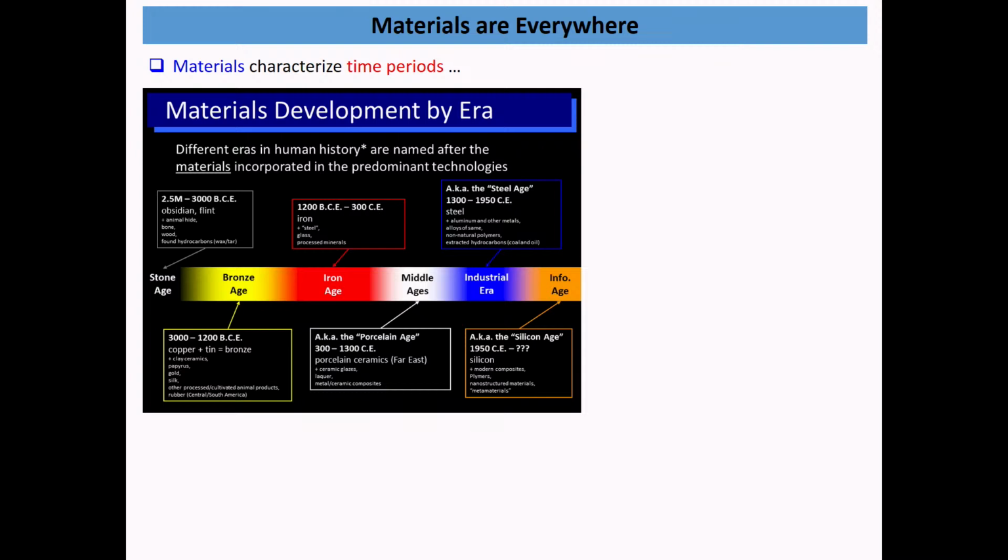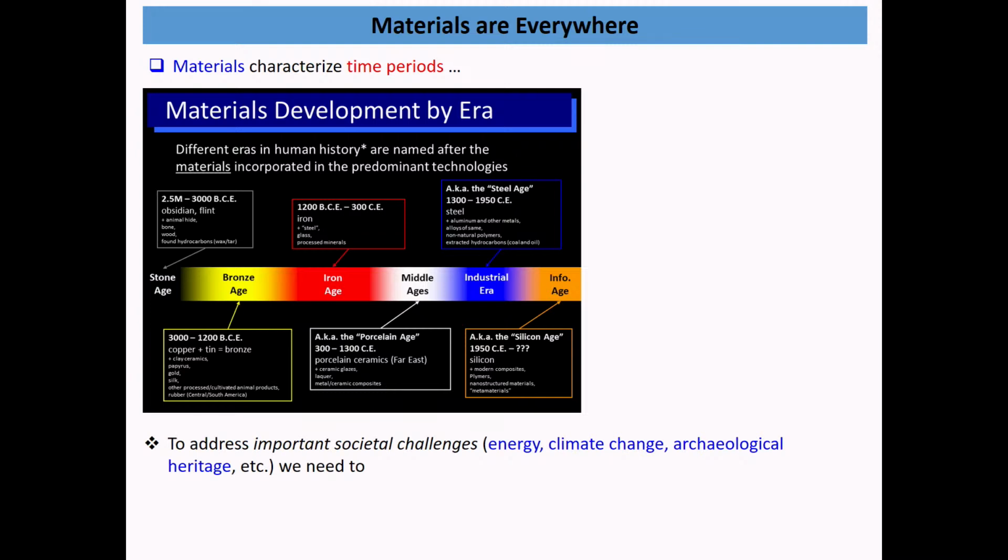That's the primary thing. And now this actually is important nowadays because if you consider all, let's say, important societal challenges, for example, climate change, energy, archaeological heritage, and of course the examples here have been chosen on purpose. All of them, in order to address all of them, we need to develop new materials. So without new materials, it's not possible to consider how to save energy, for example. Of course, one way is to improve processes, but we definitely need new materials with better